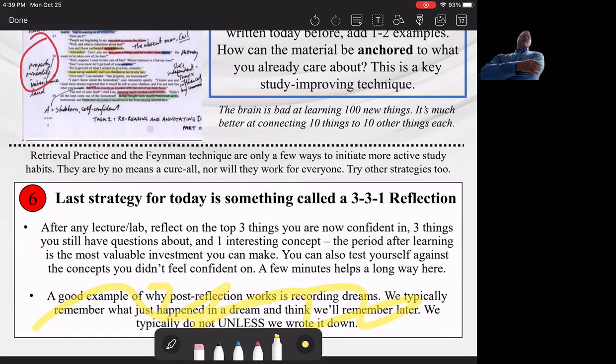And again, all this also builds into the conversation starters that I'm going to bring to the prof during office hours. Here are the 3 things from this class that I'm not cool on yet, even after looking through the notes. And that's how you can identify that. Because I think it can be intimidating to go to office hours, like I did for Orgo. I was like, I'm just straight up lost on orbitals. I don't know where to start. It can be intimidating. Profs will help you from that point. But if you identify the pieces that you need, it's going to be a lot more efficient for you, and you'll take away a lot more from those 15 to 30 minutes.